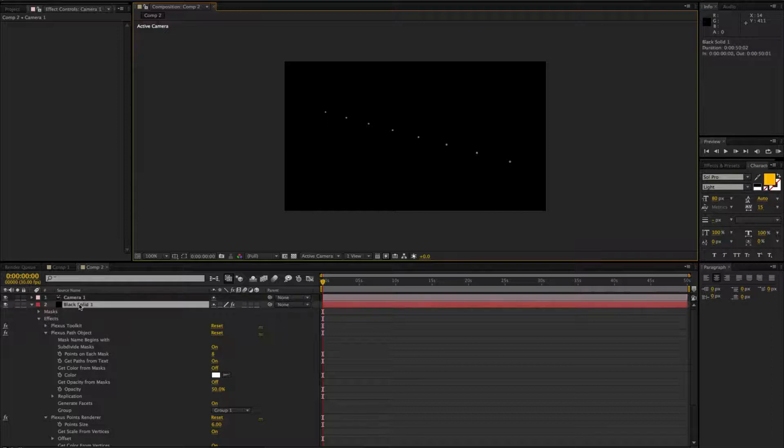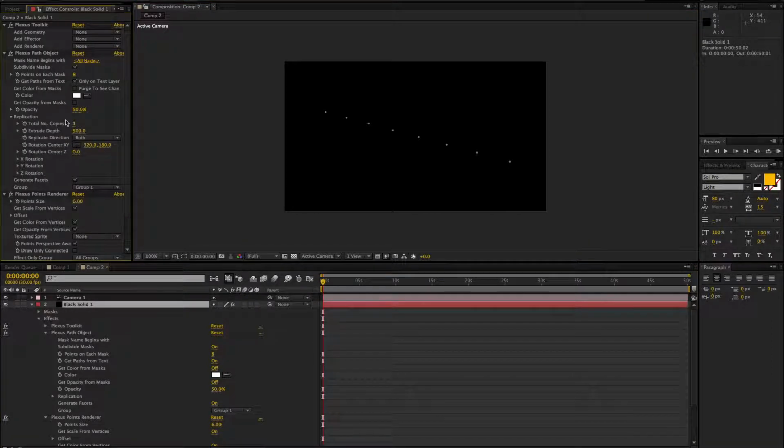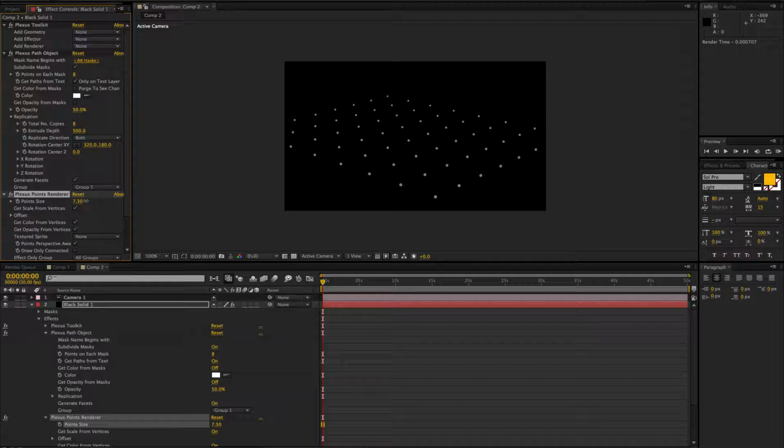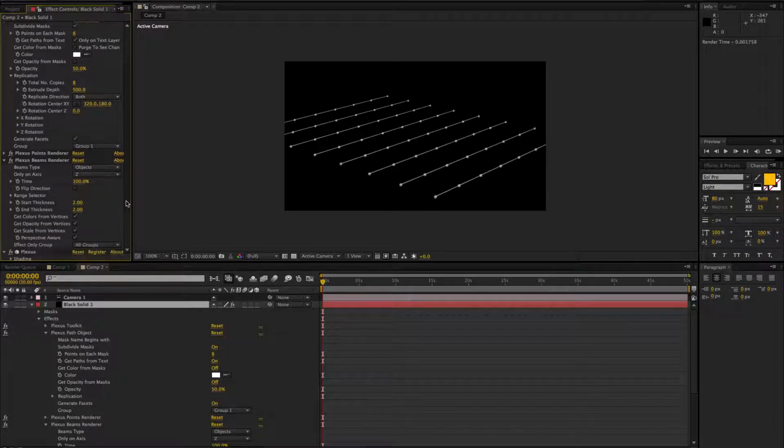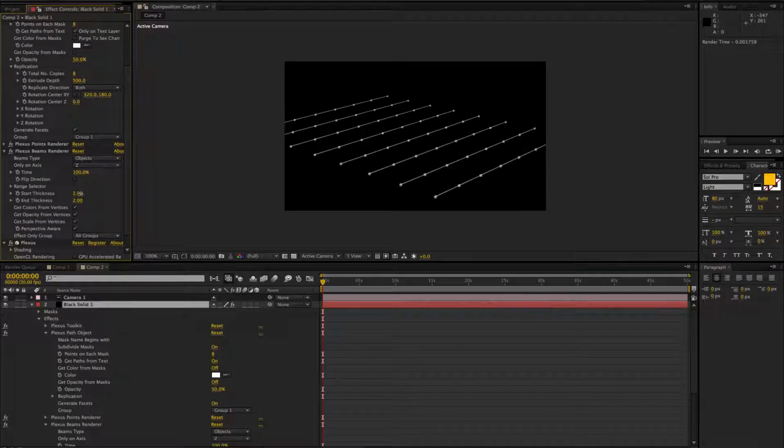and let me replicate it in 3D space to like 8 more copies. And now I have a grid of points here. Let me add the beams object. Now, as you can see, it creates beams along the z-axis here, and you could increase the starting thickness if